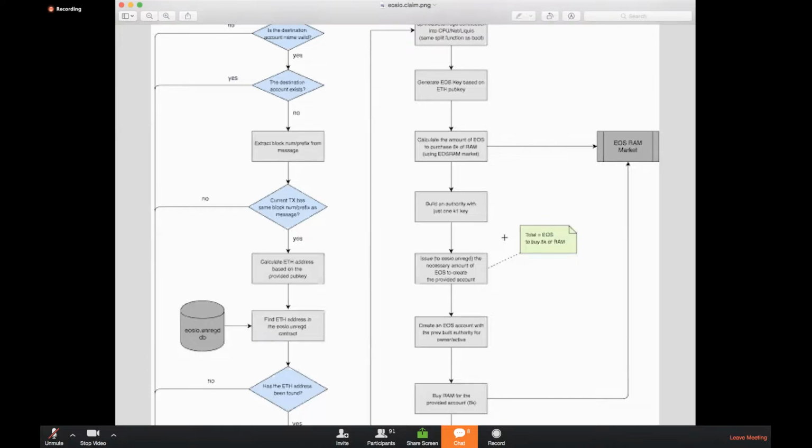But could we have this one in higher resolution so we can read it? Yes. Has someone shared the link so far? Yes, the link is in the chat. Oh, I see it. Thanks.